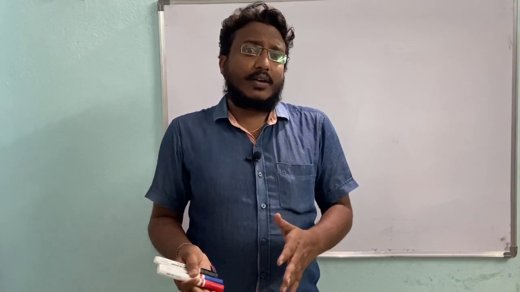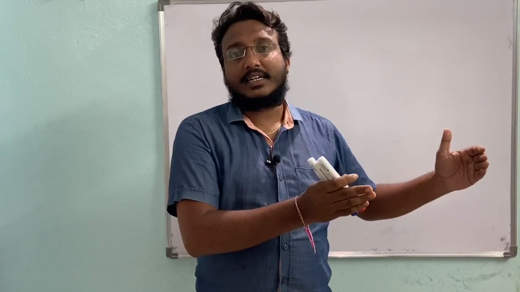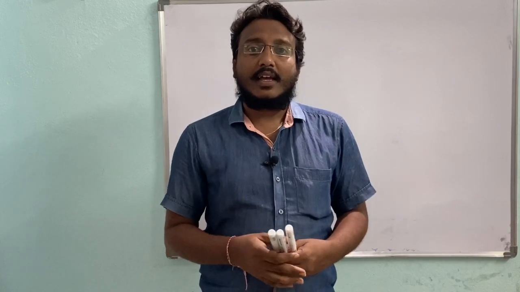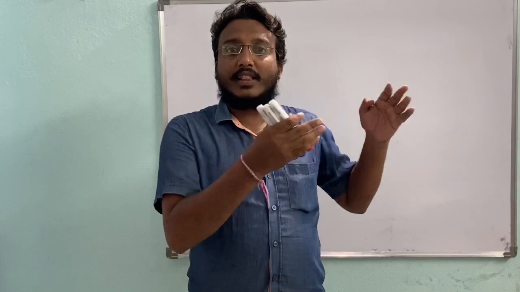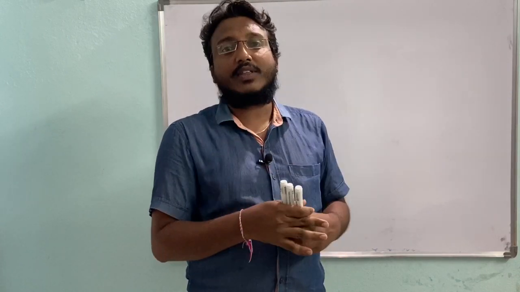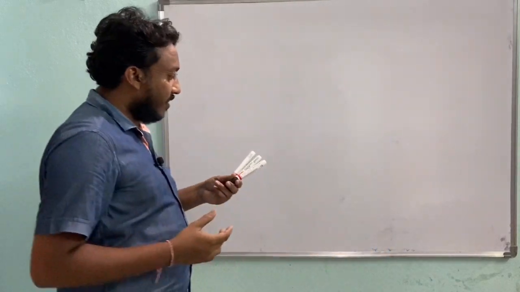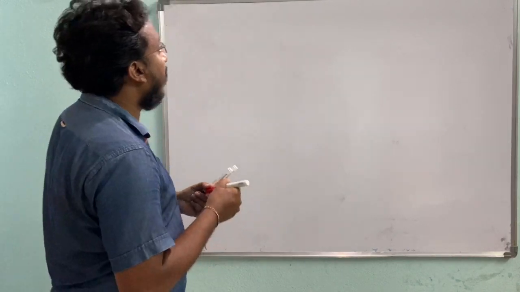Now we are going to construct an image with a concave mirror as well as a convex mirror by using any two rays from these four kinds of rays. Yesterday we discussed four kinds of rays. Out of that four we will use any two, right? And this is a very important topic from the examination point of view also, right?